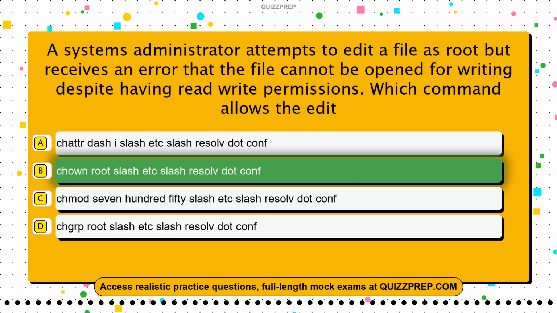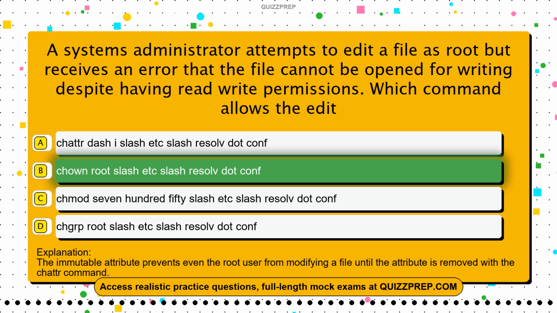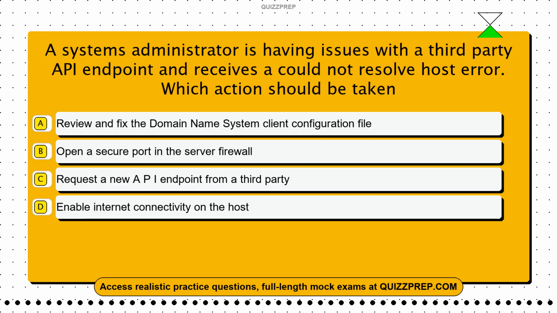The correct answer is option B, chown root /etc/resolv.conf. The immutable attribute prevents even the root user from modifying a file until the attribute is removed with the chattr command. Question 58. A systems administrator is having issues with a third-party API endpoint and receives a could not